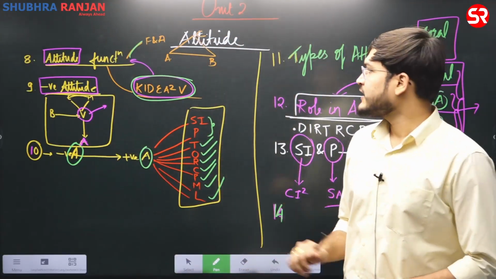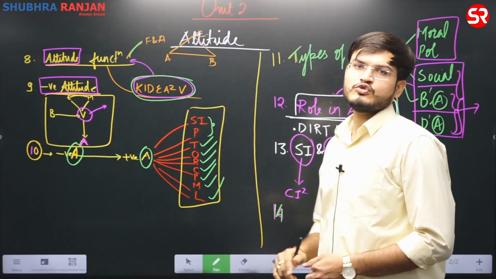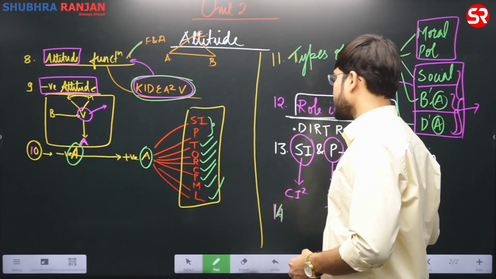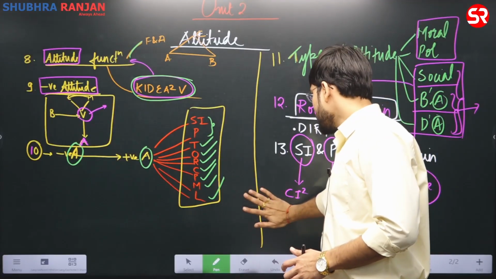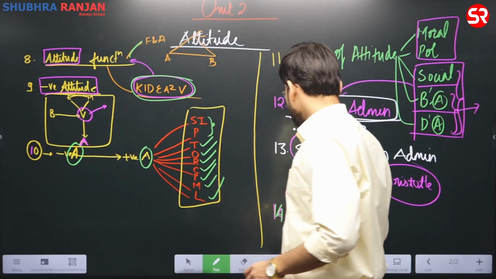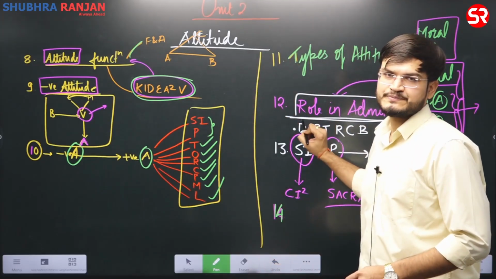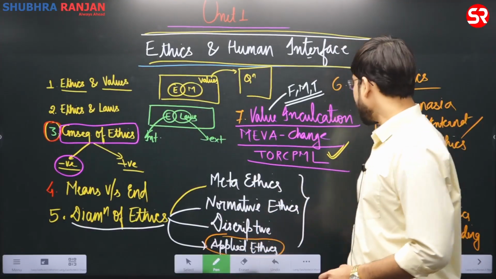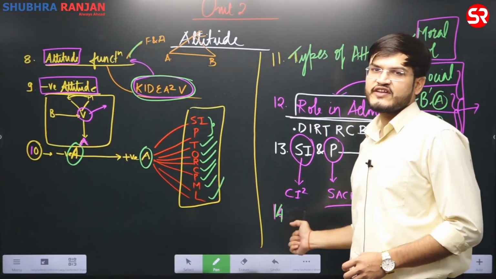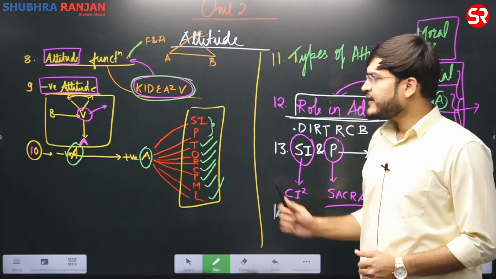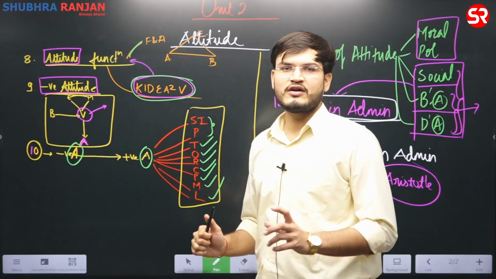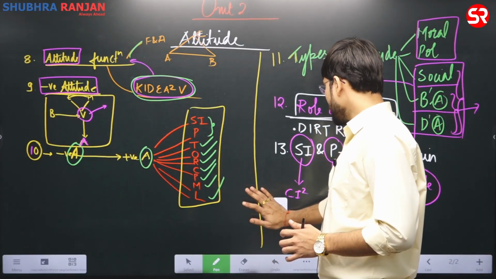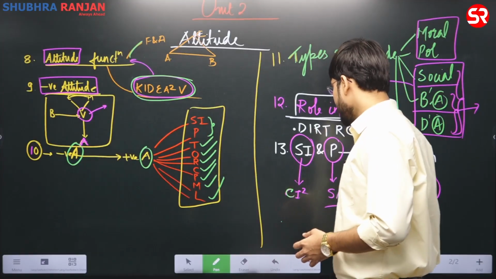Now unit number 2, for all of those who are writing mains, we have done with respect to all of these important themes. Are you guys getting it or not? So unit number 2 is over. If you have seen unit number 1, all of these are important themes, and in unit number 2 all of these are very important themes. Beyond that no question will be coming. Questions will be coming from these particular portions. Till now we have seen 13 themes.